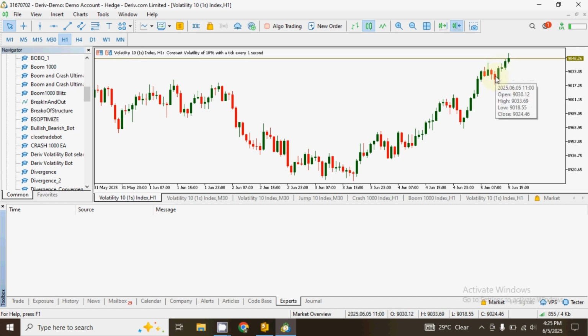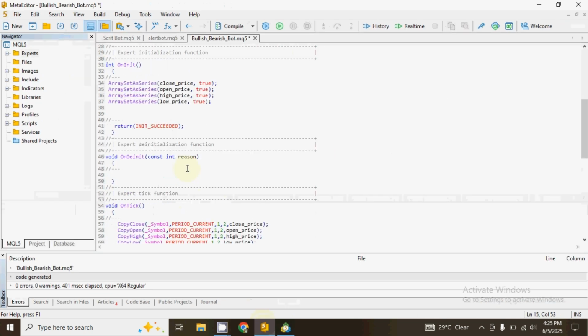And this is a bearish candle, right? This is the open price and this is the close price, which means the close price is lower than the open price. Now this is what you will do. We are not considering this current ticking candle. We are starting from here. We are placing our index 0 here, which means the condition will be something like